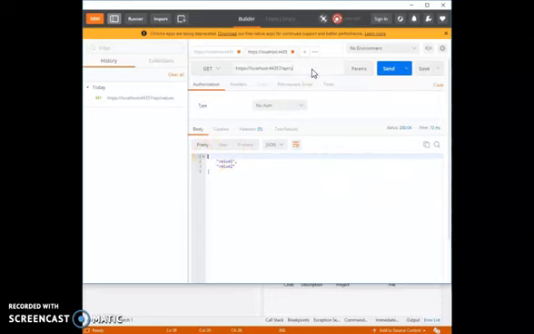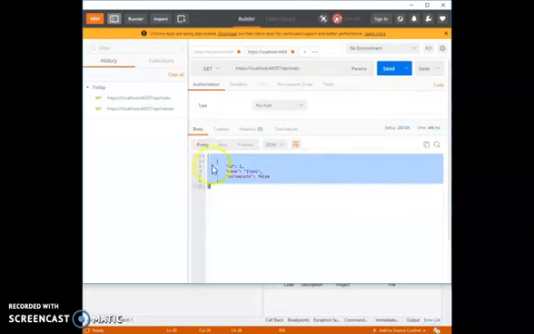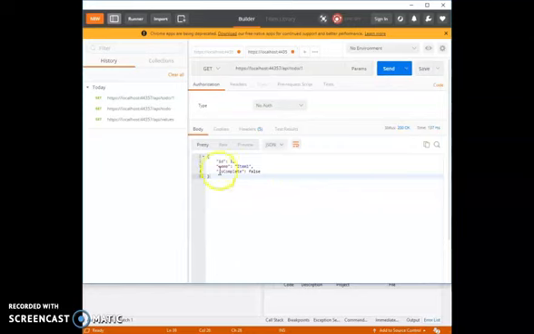Here we'll say todo, send. So here we got the JSON object list. If I want to get the todo item by ID 1, send. So here we just got the JSON object. So this is how we can call the web API